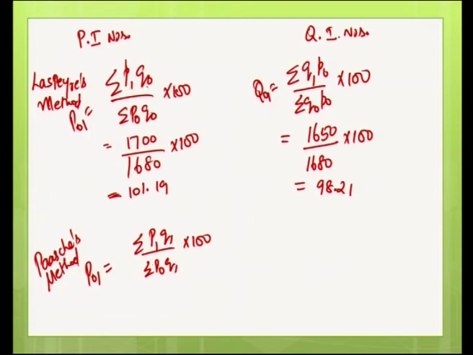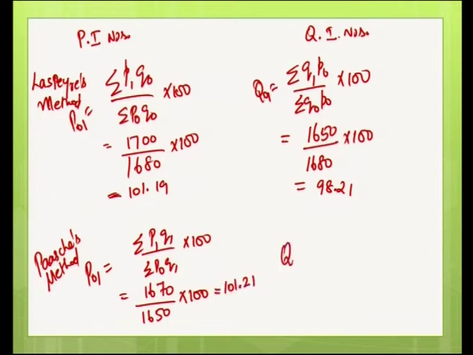So, P1 into small q naught also represents the Laspeyres method price index number. So, summation P1 Q1 by summation P0 Q1 into 100 is 1670 by 1650 into 100, which is equal to